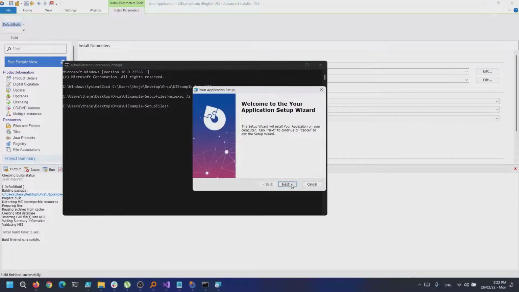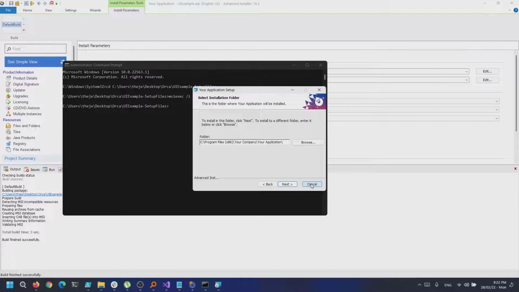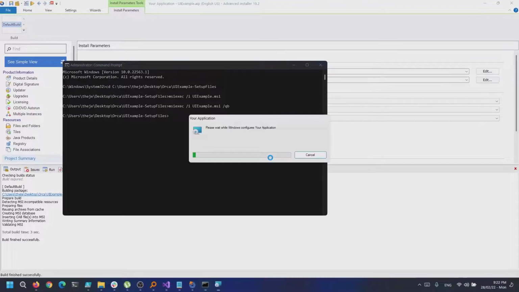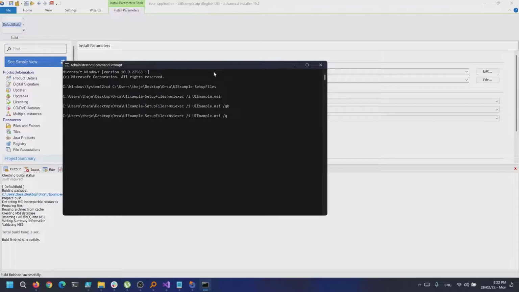UI. To install an MSI with the basic UI, as we previously did with Advanced Installer, we need to add the /qb option at the end of the command line. To install an MSI in full silent mode, we need to add the /qn at the end of the command